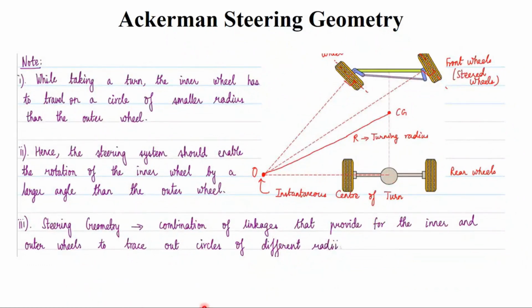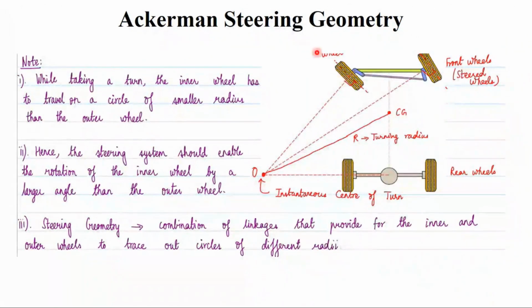And here what we are going to do is have different linkages. Okay. And these linkages we are going to combine, and why these linkages need to be combined is that the linkages help the inner and outer wheel to trace out circles of different radii. Okay,